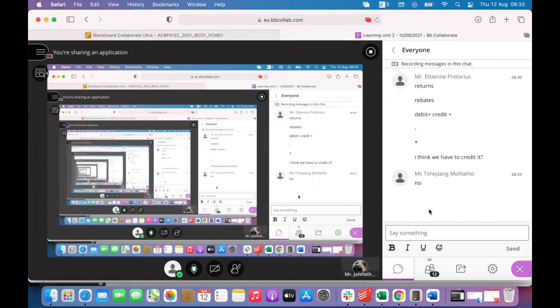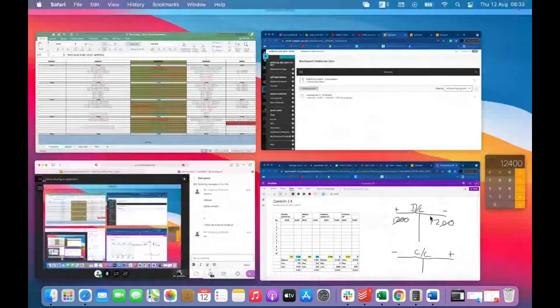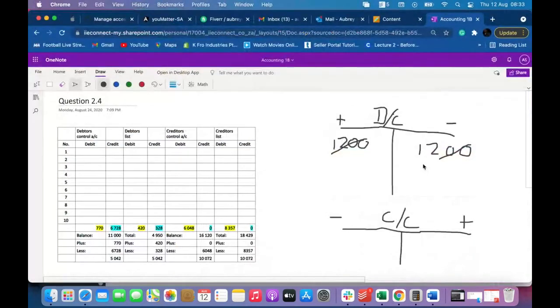Okay, we've just canceled out the error. We still need to record the transaction. Okay, how are we going to do that? We have to now record it correctly. Since this was a return, it should reduce our debtors control. So we need to record another 1.2. So in other words, in total, we need to credit